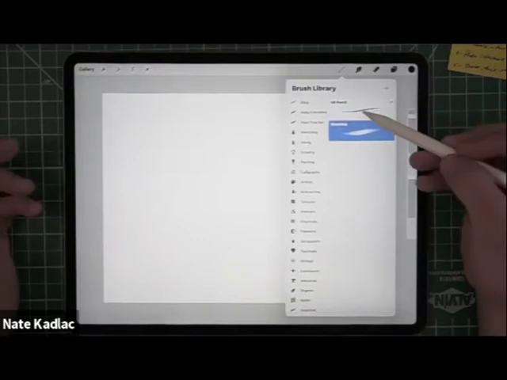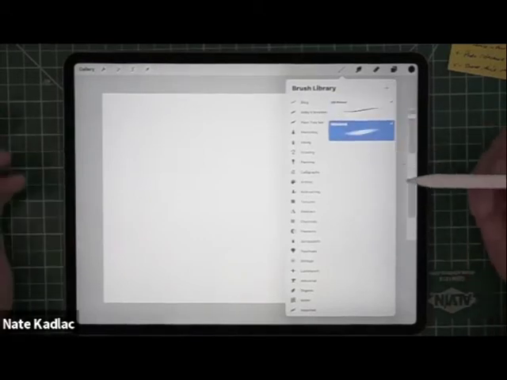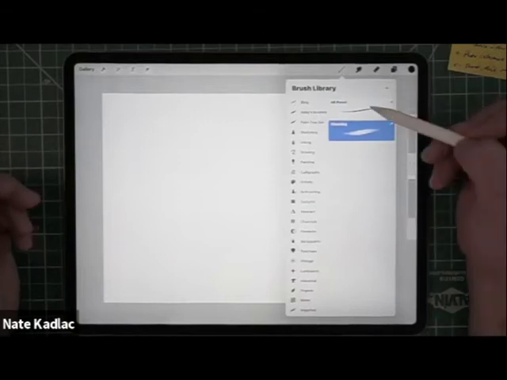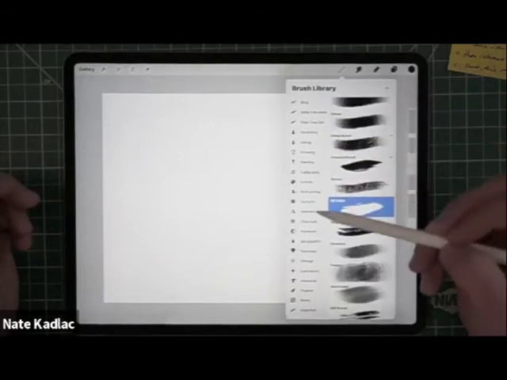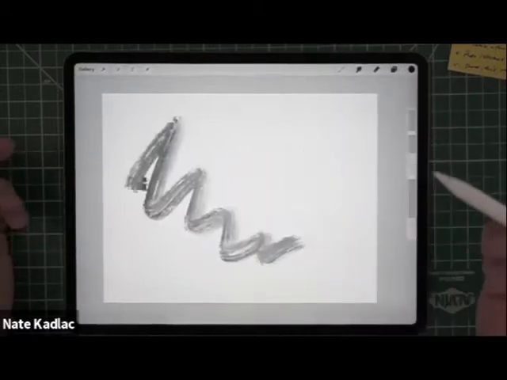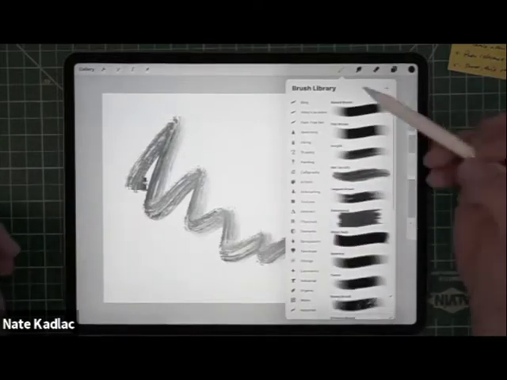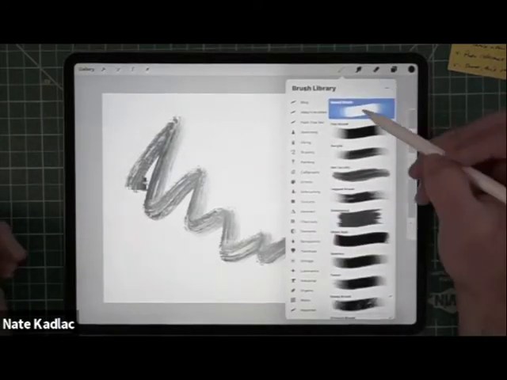So these are the things that I'm drawn to. These are the things that give me joy when I'm drawing. I would just recommend going through all of these and having some fun with it, and maybe putting a couple in a folder. The way that you would do that really simply is you'd find a brush that you like, and then